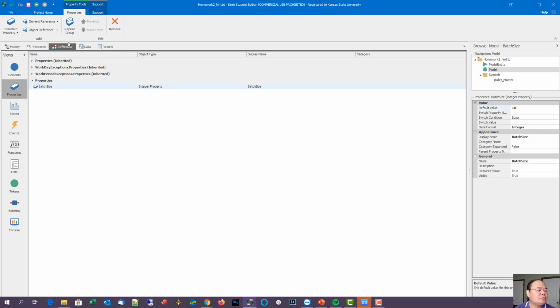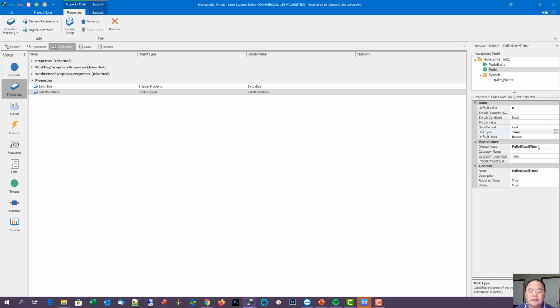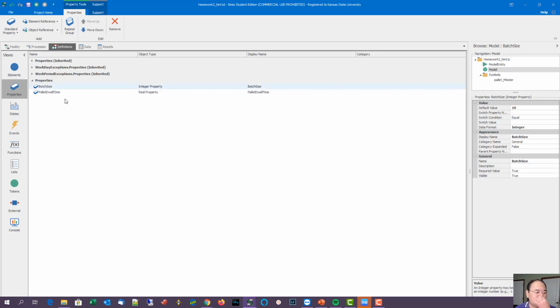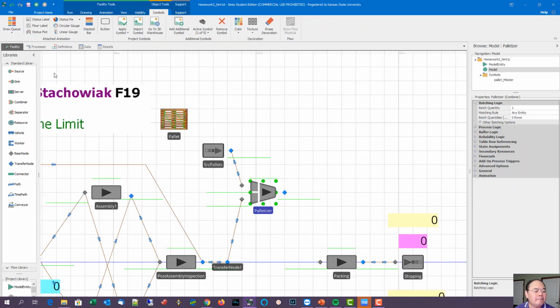Okay. Also, I would like to set up a waiting time. We call it the pallet dwell time. Okay, the pallet dwell time basically is 8 hours for us, and we specify it is based on time, and it's 8 hours. Okay, so here we set up these two properties. One we call the batch size, one we call the waiting time for the pallet. We call it dwell time, pallet dwell time. And here,